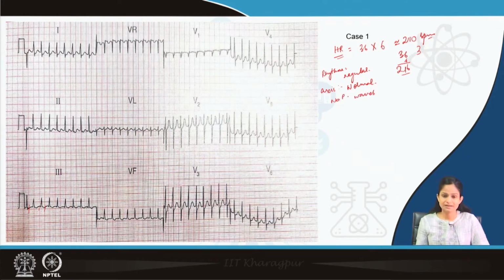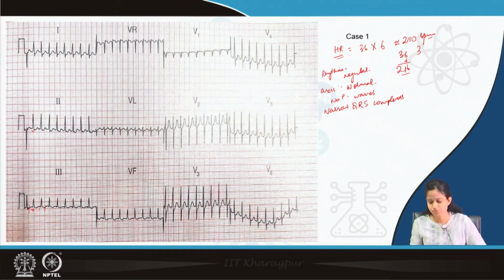Second, if we take the QRS complexes, we tend to see the QRS complexes are narrow. So, it is less than 2 boxes. Usually normally we get it around 2.5 boxes. So, narrow QRS complexes. So, so far we have got no P waves, axis is normal, regular rhythm, rate obviously